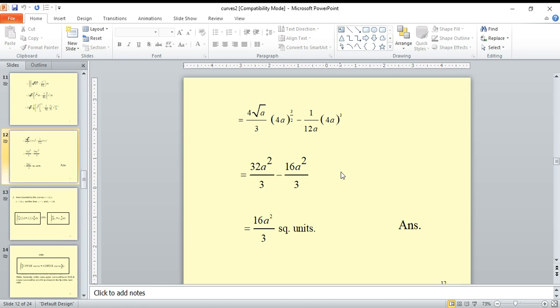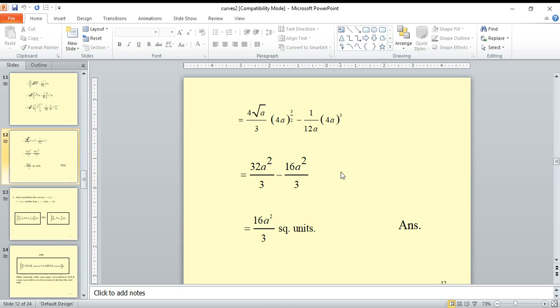So 4 power... on the right side, 4 cube a cube by 12a, that is a cube divided by a is a square. 4 3 is a 12 and remaining 4 4 is 16 by 3 a square. See like the first term, 4 into 4 power 3 by 2, a power 3 by 2 into a power 1 by 2, 4 power 1 into...